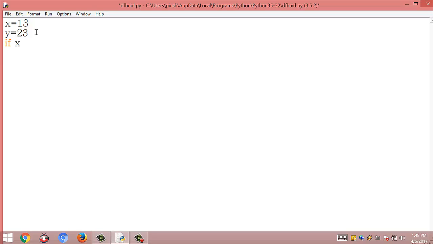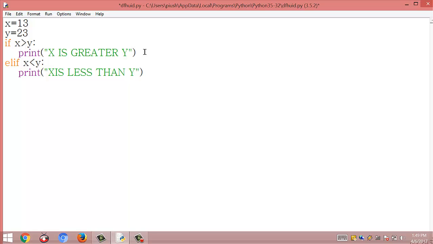So if x is greater than y, then it will print a statement: print "x is greater than y", and after that elif x less than y, then it will print "x is less than y", and at last we have an else statement. It will print